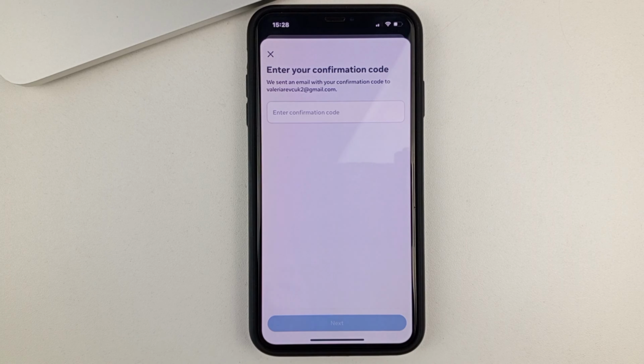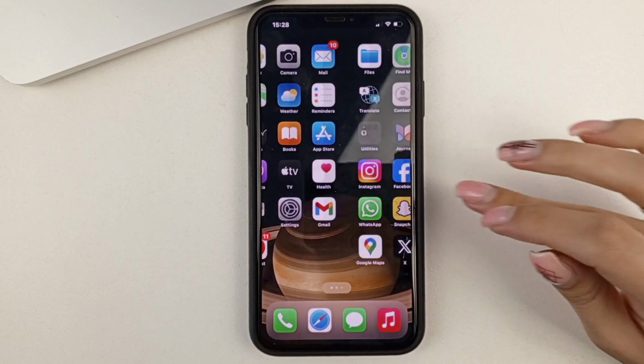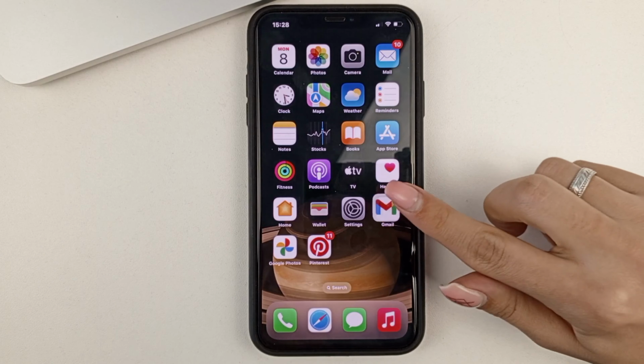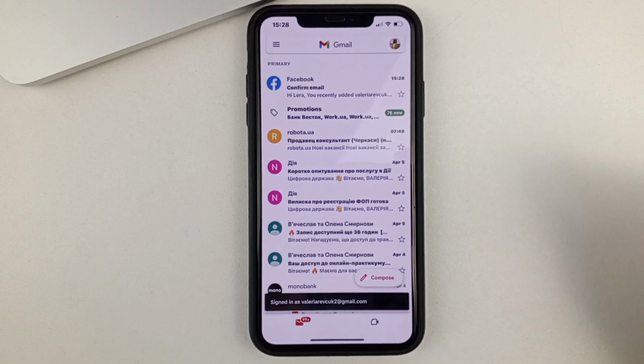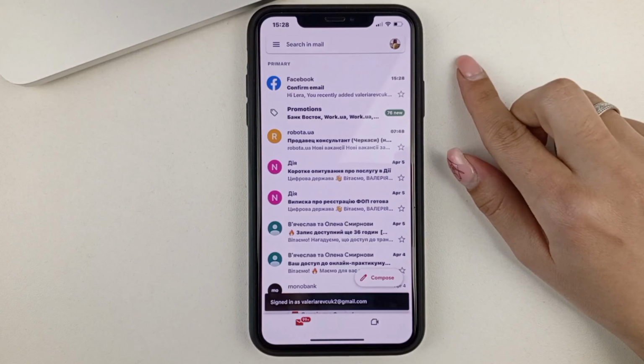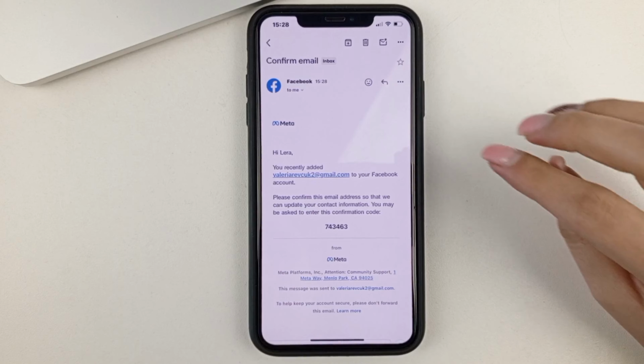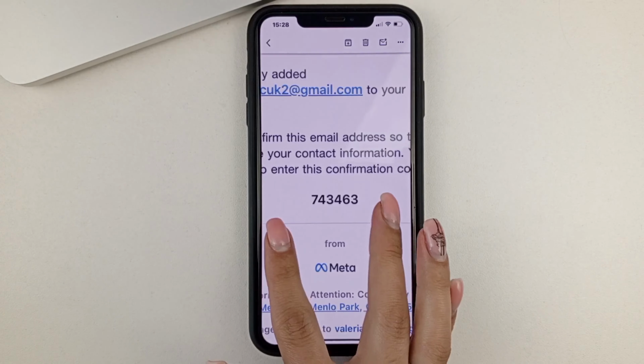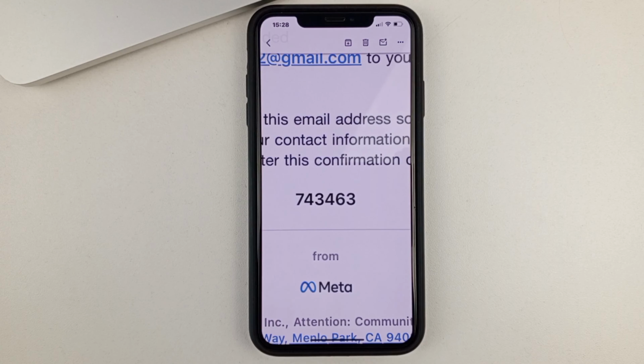Now in the next step, you and I will need to enter the password or the confirmation code that came to your email. To do this, we will need to log out of Facebook, open Gmail, and open the mail. As you can see, we have an email here from Facebook. If we open it, we'll see that there's a confirmation password.